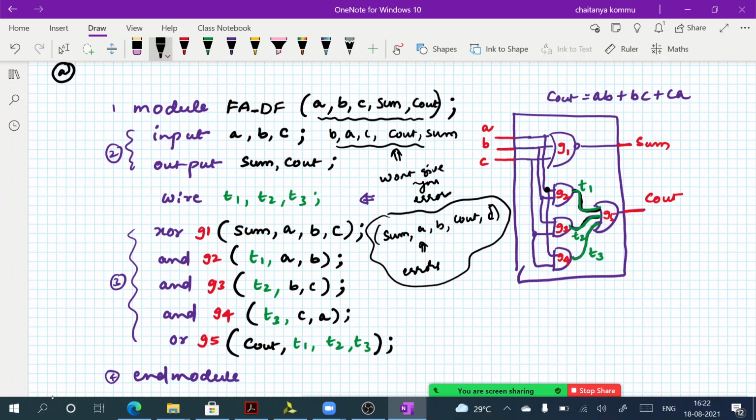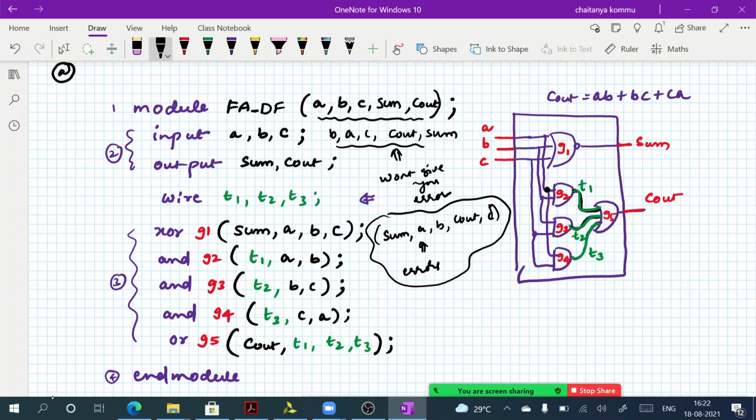So the basic understanding about gate level modeling is that we need to know the built-in primitives. Gate primitives are required. As we have mentioned in this diagram, G1, G2, G3, G4, G5, these are all the gate primitives. These built-in primitives are required to write a gate level model. So how do we generate this gate level model? Generally we know that first we have to draw the truth table, from the truth table to the equations. Based on the Boolean equations, we can develop the gate level circuit, something like this.